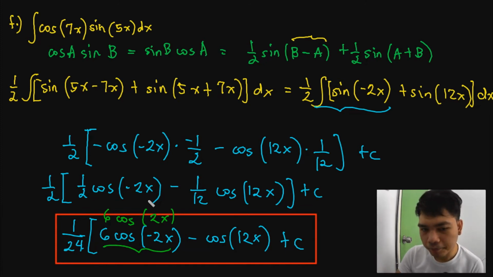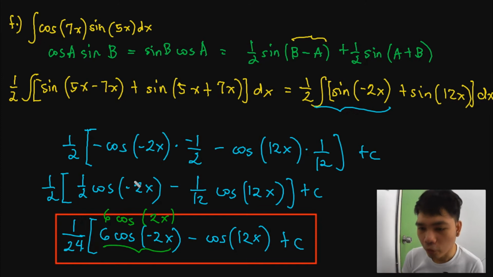But then again, if your answer would be directly something like this, medyo magka-question ako kung ba't naging ganito yung sagot, knowing naman na supposedly hindi siya dapat ganun yung lalabas eh. But kasi kung galing siya dito, kung naging positive 2x to, your answer would have been negative outside function and then 2x. The cosine 2x would be correct, but of course your sign here would be different, which makes it incorrect. That's why you have to make sure na nasusunod tong rule na to, and then after lang mag-antiderivative or mag-integral,